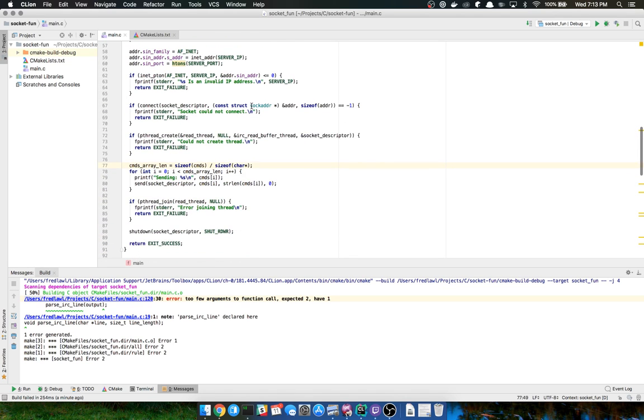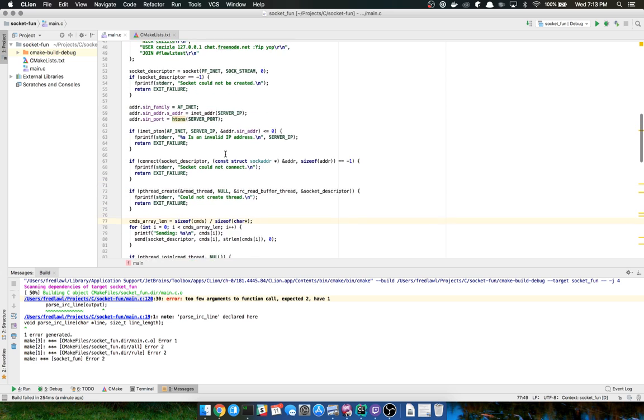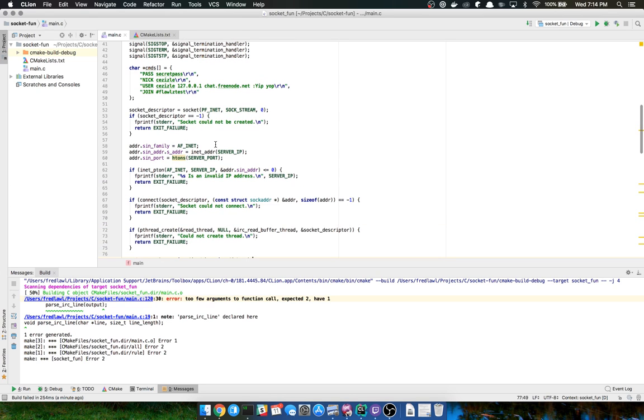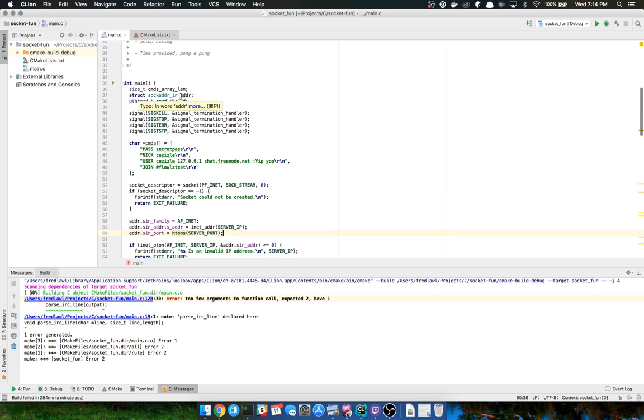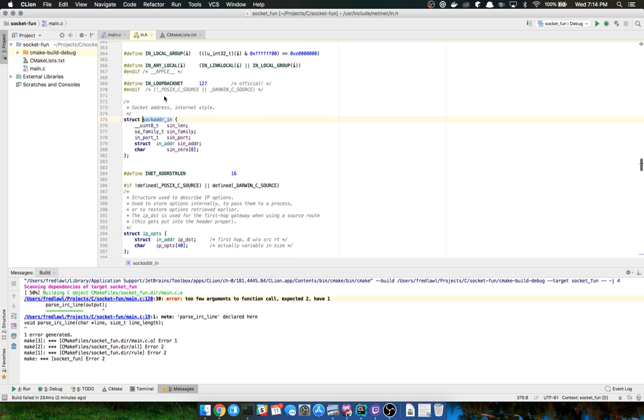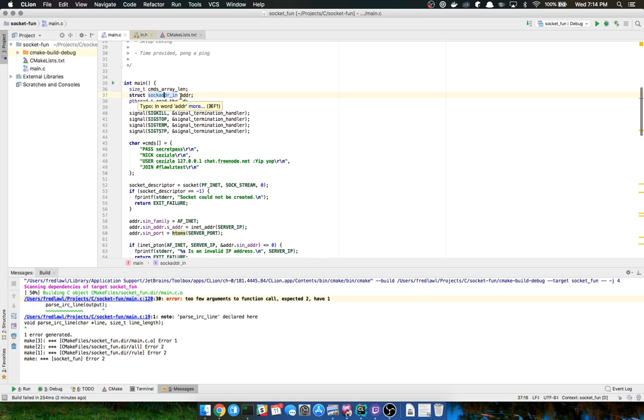Let's see here. Move that closer to where it's at. Really, the address piece here, so the ADDR, I don't really know what that means per se. I kind of copied this code from other places. I think it stands for socket address, so we're just going to call that